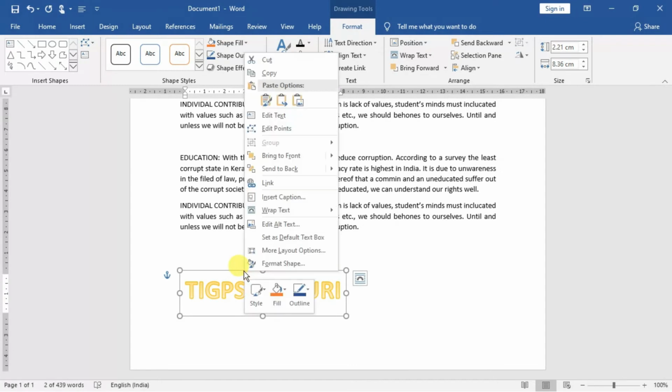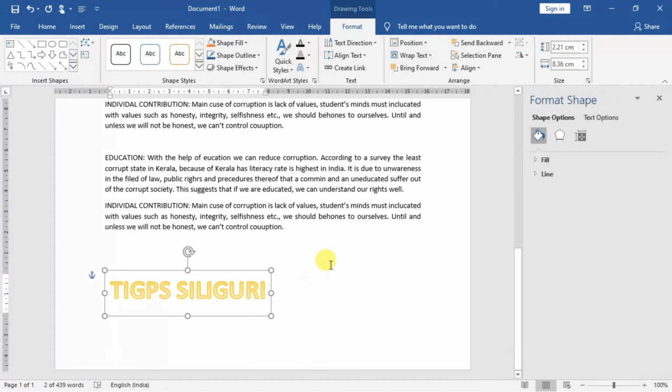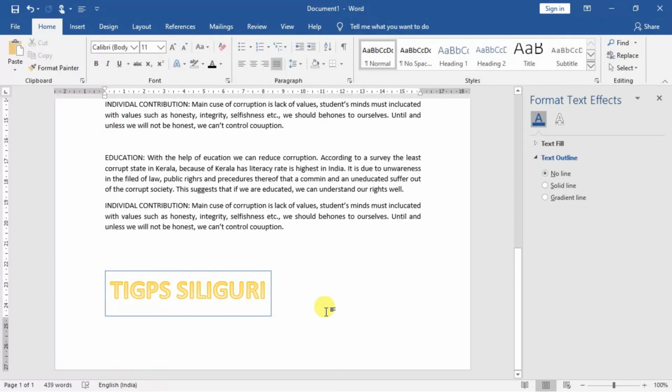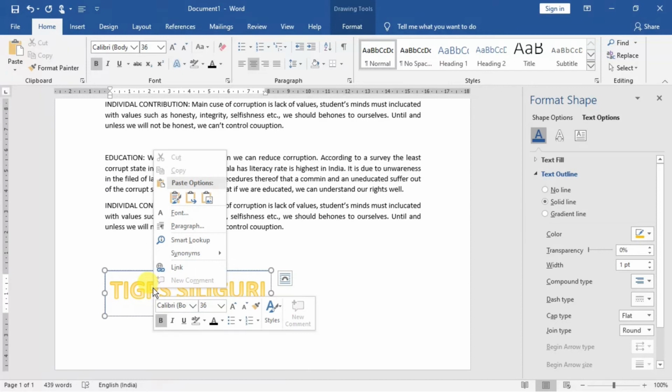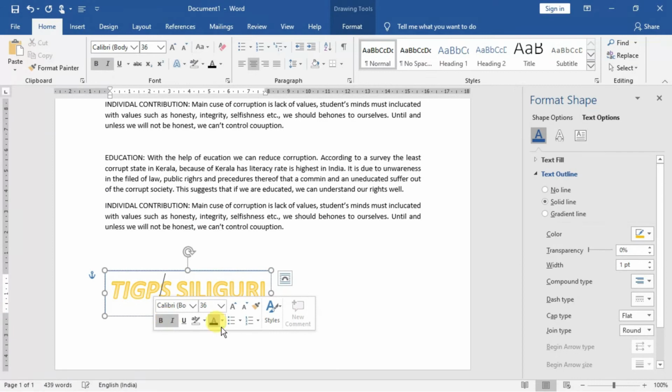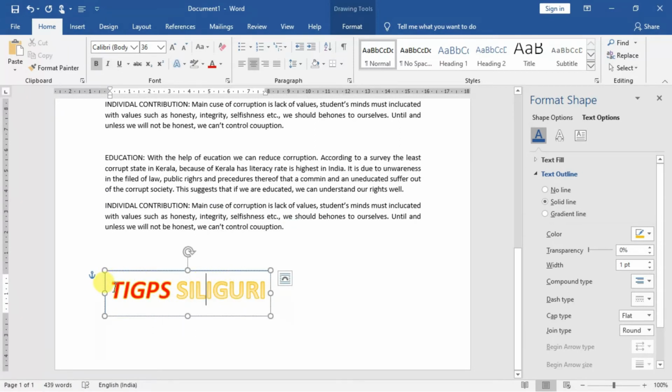So right click and then go to Format Shape. All right, so it has come over here. From here you can choose whatever you like. Okay, understand. So this has been done. Inside it, right click on it, and then you will get the options from here. You can choose bold, italics, underline, so everything can be done from here. You can choose the font color as well. Wherever you keep the cursor, accordingly the changes will take place. Suppose I want blue, I can keep it on blue. All right, so that is the thing.